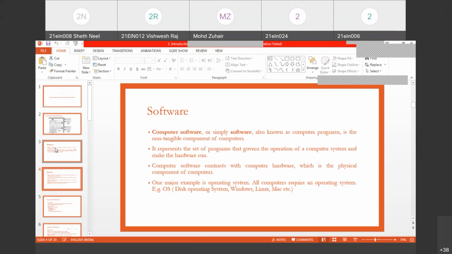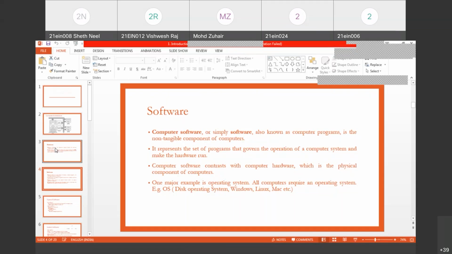So what is an operating system? It controls the different components of the system, and I'm referring to the system as the computer. How to make the communication, how to allocate resources in different portions, all those things are controlled by your operating system. Your system will run on a particular operating system.